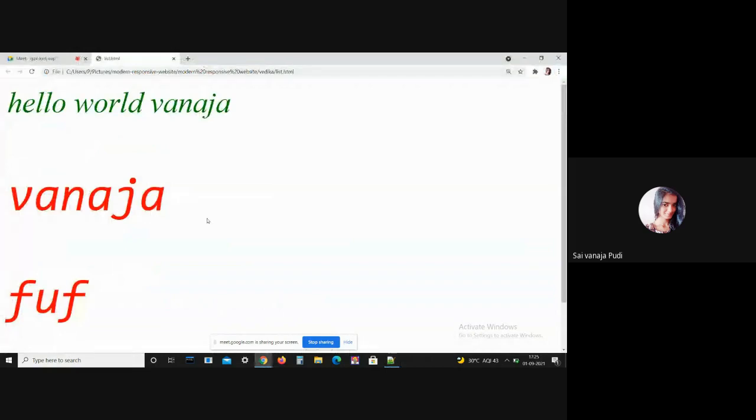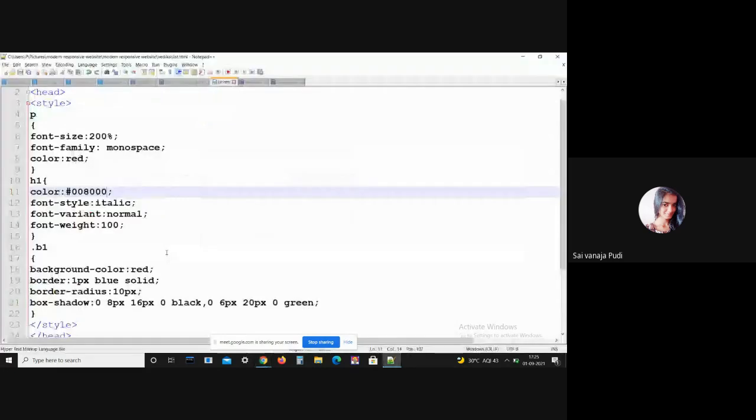See, here I got the content in green color. Here I have mentioned this color property in a hexadecimal value. I have already explained what this hexadecimal value means. If you want to mention any color in the hexadecimal format, you have to start with the hash. See, here I have started with the hash. Okay, this is how you can use these hexadecimal values.